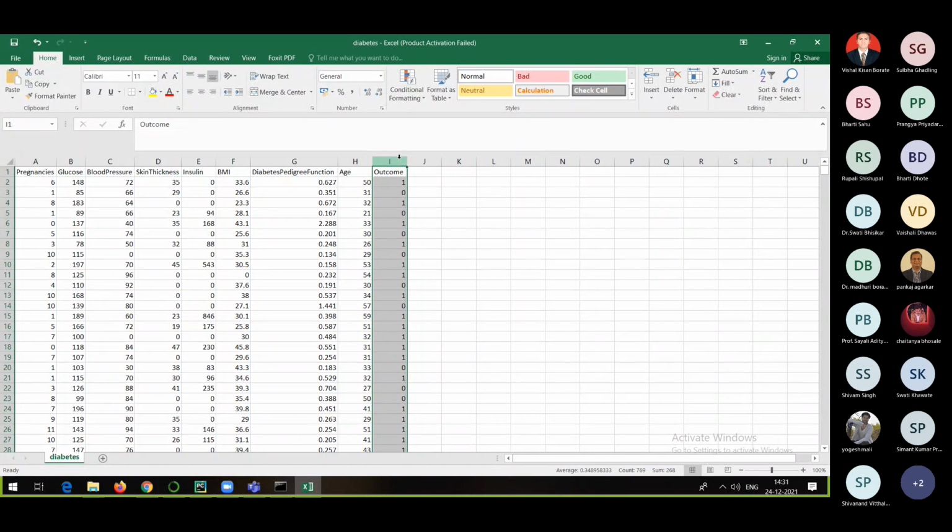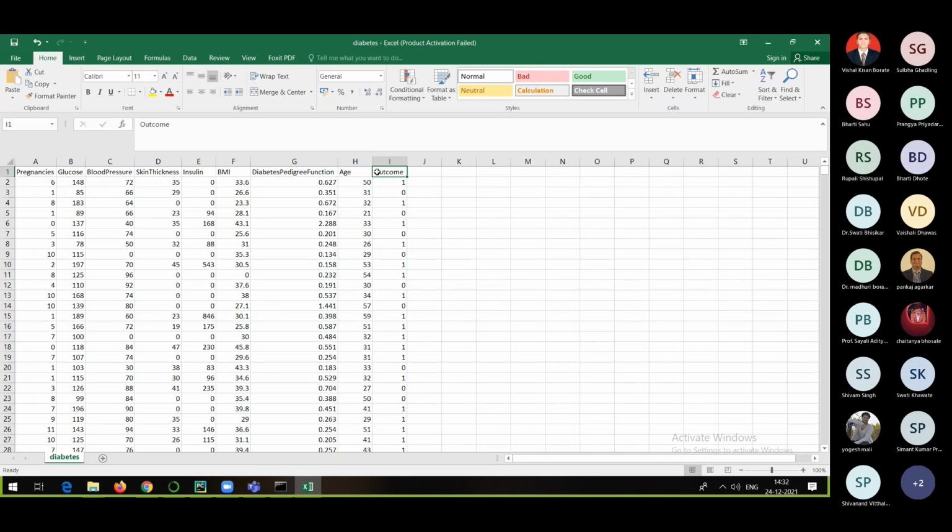Now you can see that everything is already converted into numbers. Maybe the client did not want to share that data with us, they do not want us to know the meaning of diabetic, non-diabetic, whatever it is. So let's say 1 is diabetic and 0 is non-diabetic, or we can take any other label, no problem at all. These are all the features, the input columns, and based on this we need to classify a patient as diabetic or non-diabetic.